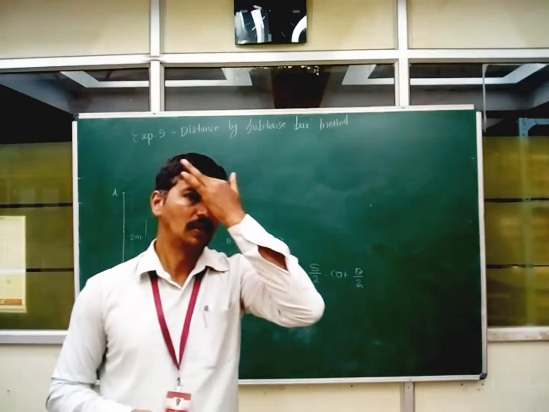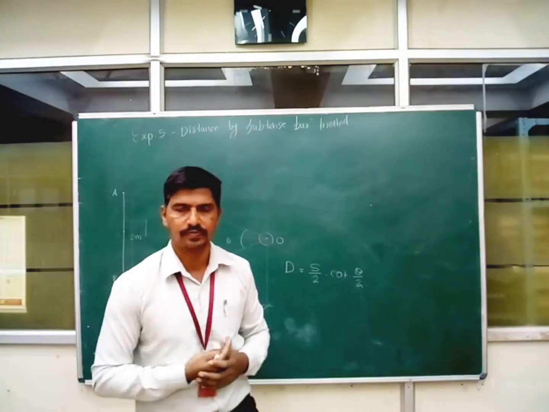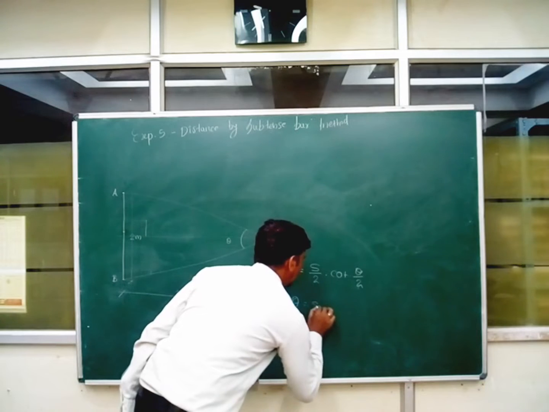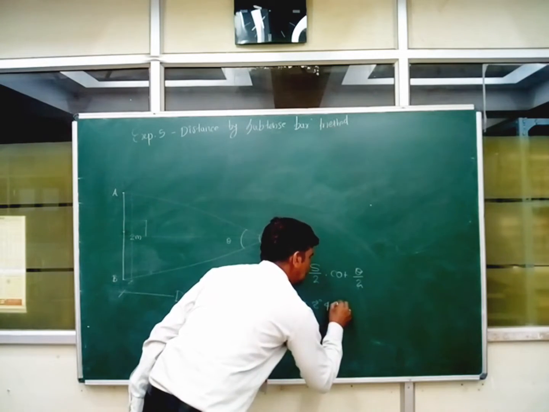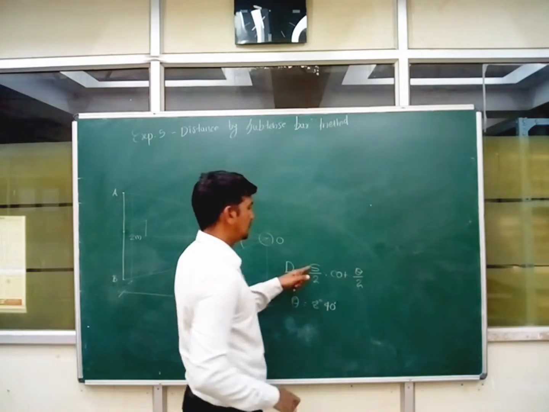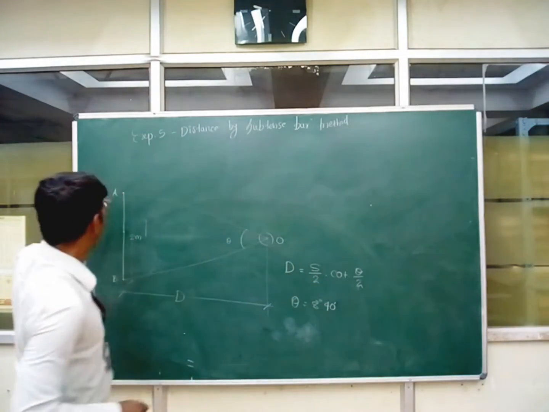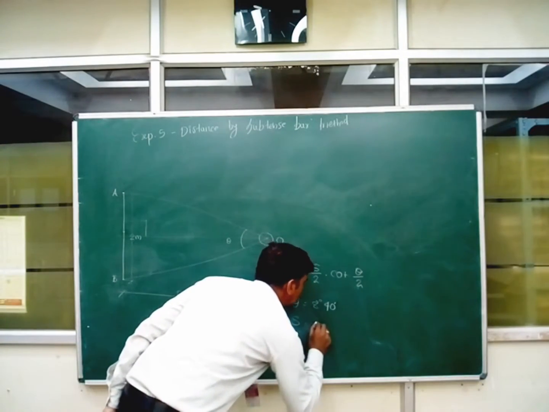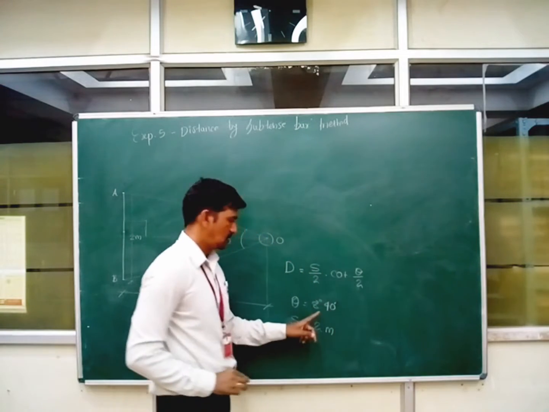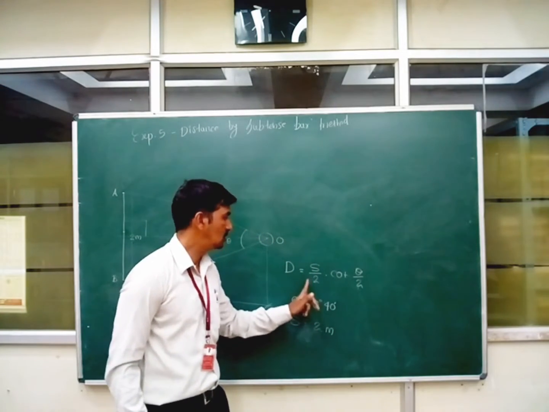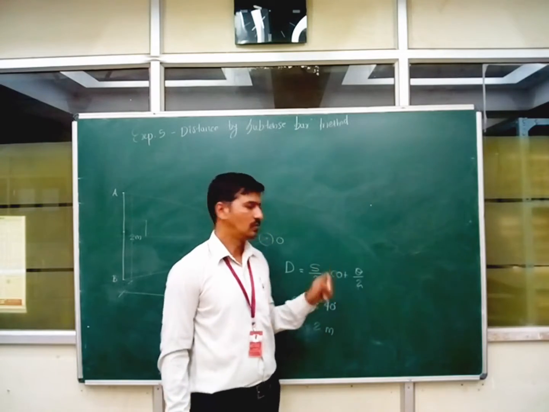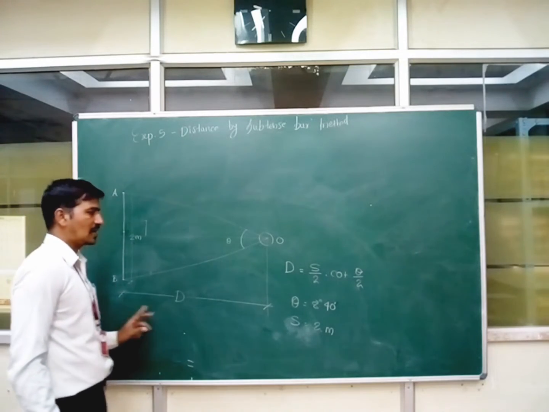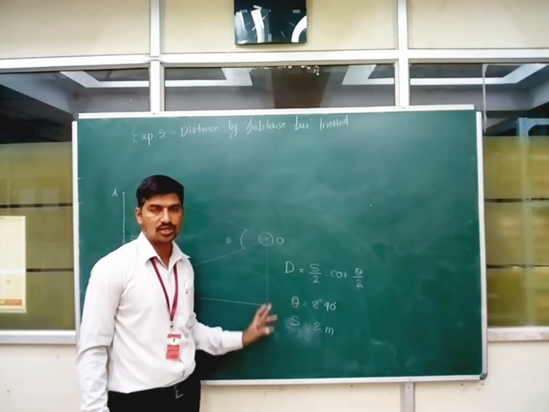Hello students, we have just come from the field observation in which we have measured this theta, where theta is 8 degrees and 40 minutes, and this distance S between the two targets A and B is exactly 2 meters. So we will take S equal to 2 meters. Second year, substitute these two values in this formula to calculate what D is. This D is nothing but the distance from this substance bar to this instrument station O.